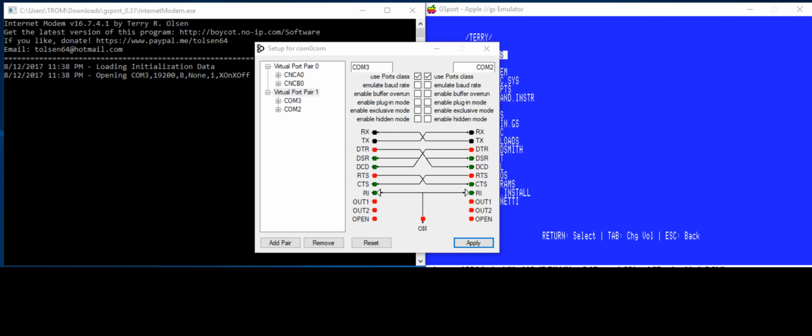This is going to be a demo of the InternetModem program and how to run a vintage PC off of it to connect to an internet telnetable BBS. I don't have a real PC to hook up, but